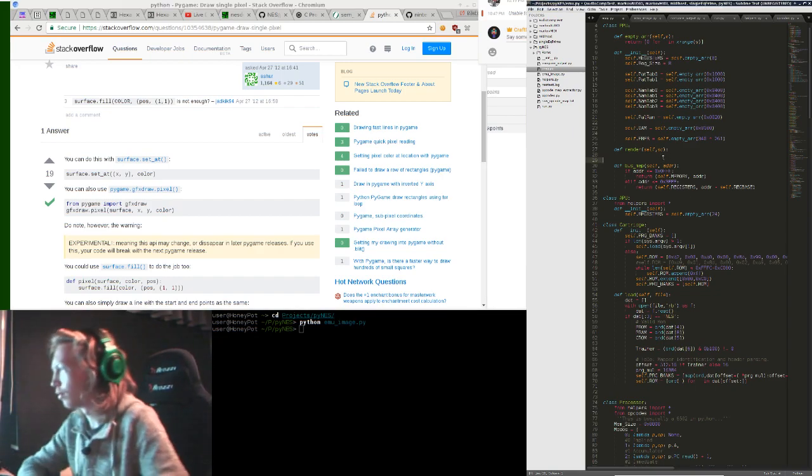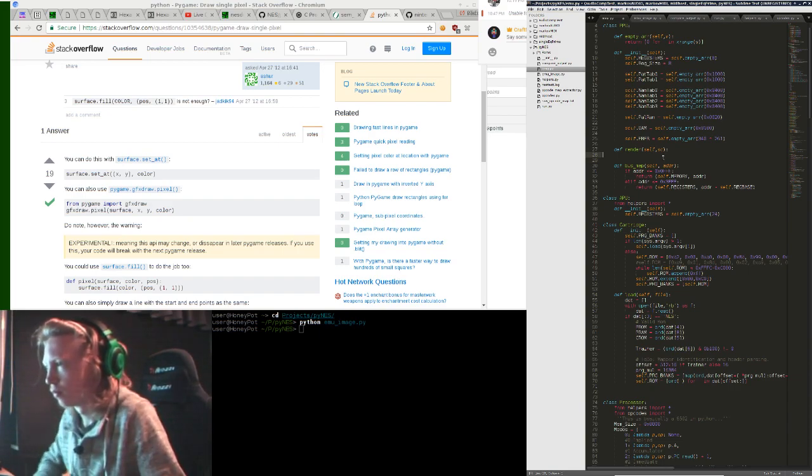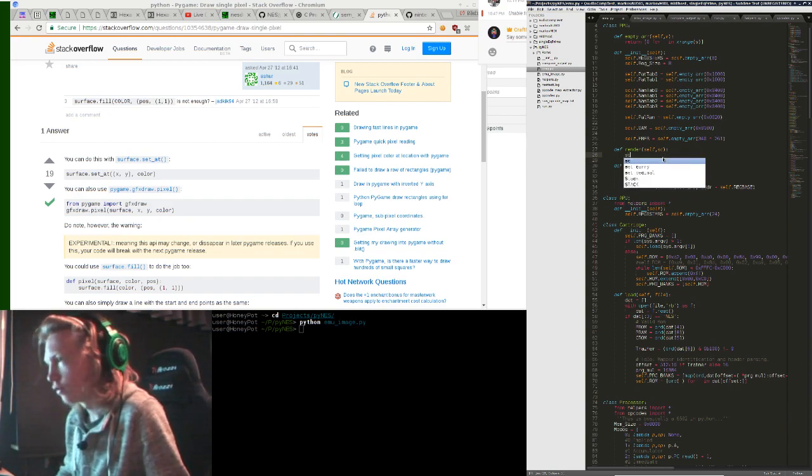This will be a generic render function. Screen dot set at